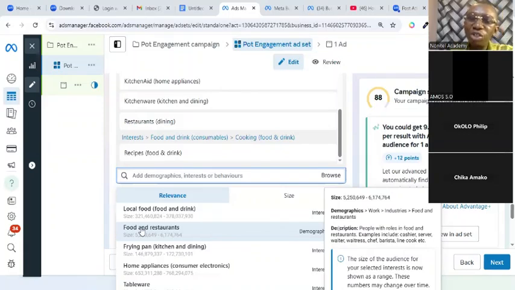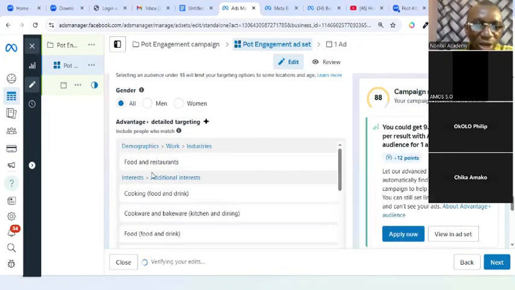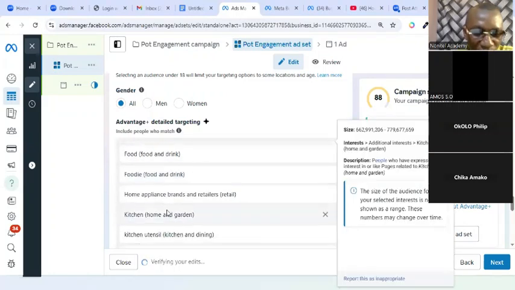Somebody who has a restaurant, their job is to cook for people. Would the person be interested to buy pots? Well, yes, of course. So we select the demographics, food and restaurants. You see, we only added 2 things. When we started, what are the 2 things we added? We added,